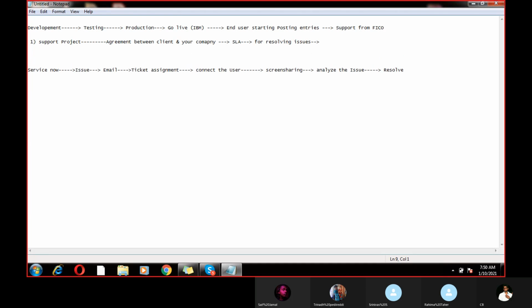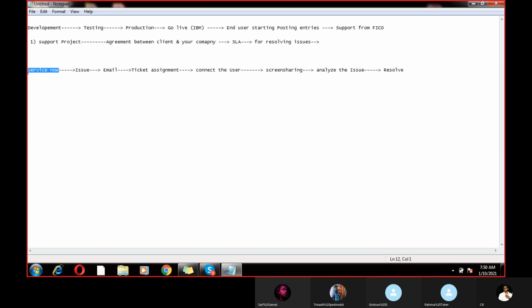See, what is the process that actually happens in every company? Let's say, for example, an end user has an issue. He is performing month-ending activities, and now he is facing one issue related to AP, where some payments are not happening for some reason. I don't know exactly what the reason is. He got a technical error, and he will share that error with your FICO team,